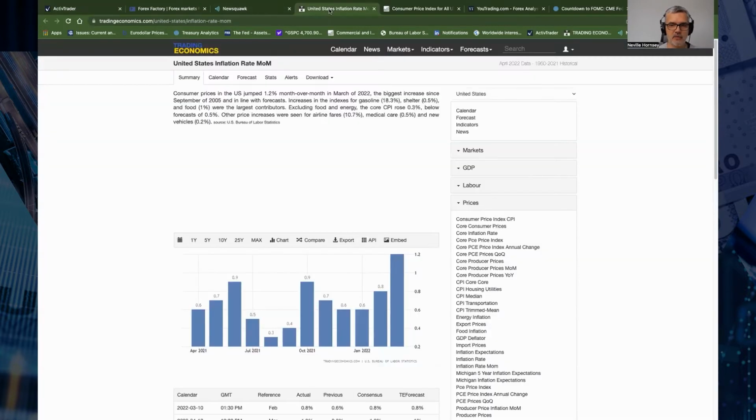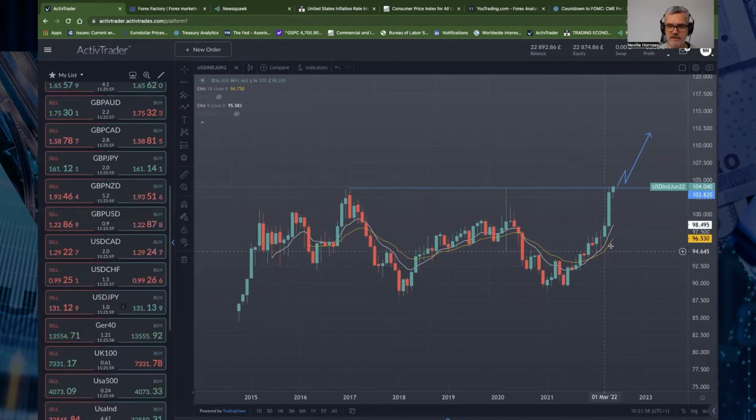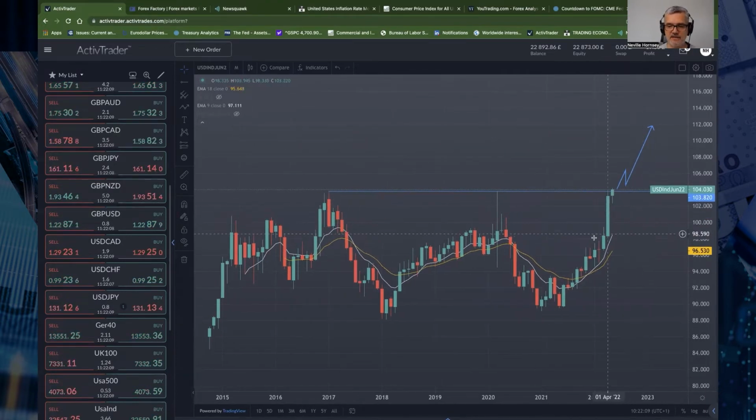Looking at what happened last time in the CPI, we saw that month over month it rose to 1.2%. So it accelerated, and that helped push yields higher, with money moving out of the bonds and out of equities. And we saw the US dollar rising on the back of that 1.2% inflation increase, as everyone now expects the Fed to continue pushing with their hawkish rate hike cycle.